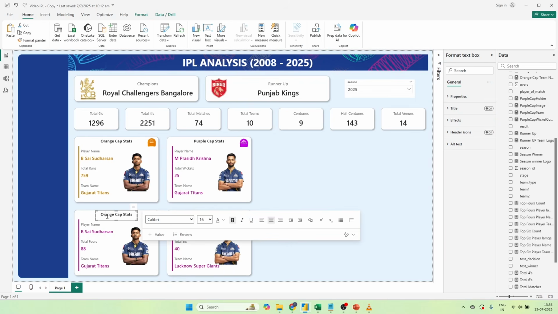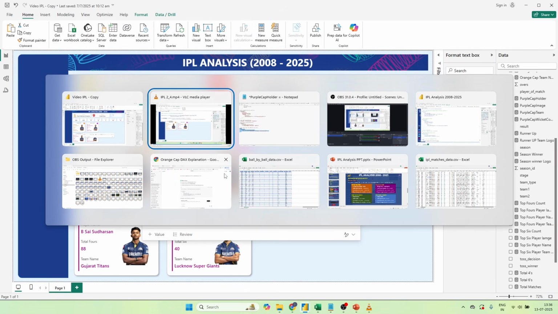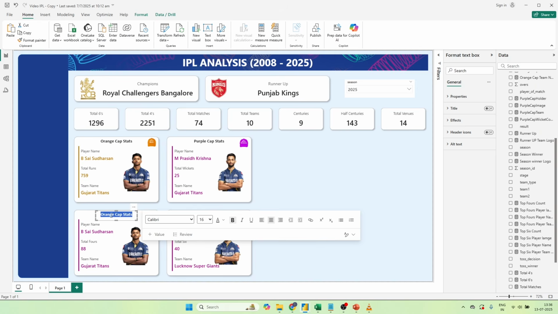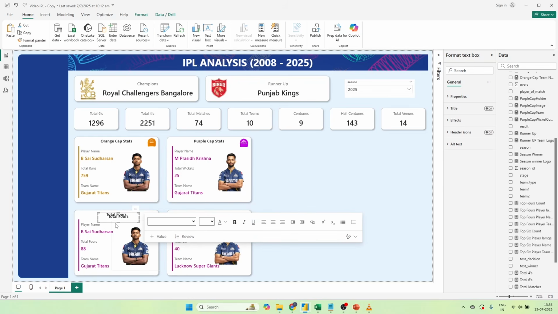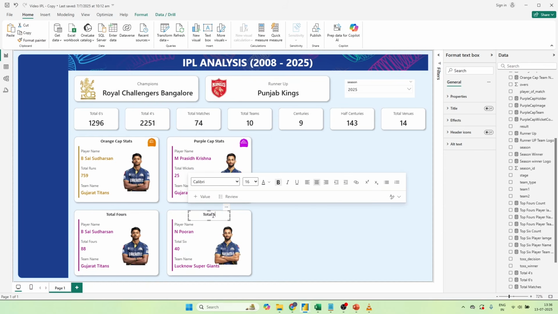Okay, so what should be the name of this? It should be total 6s in season. So this is total fours, Control C, Control V. I'll bring it over here. This is total 6s,